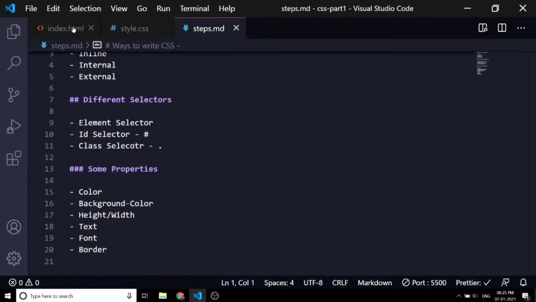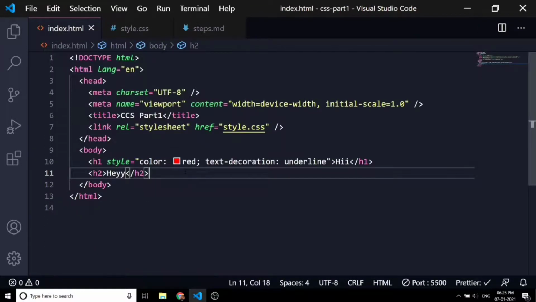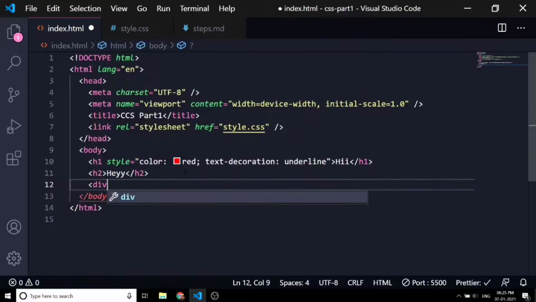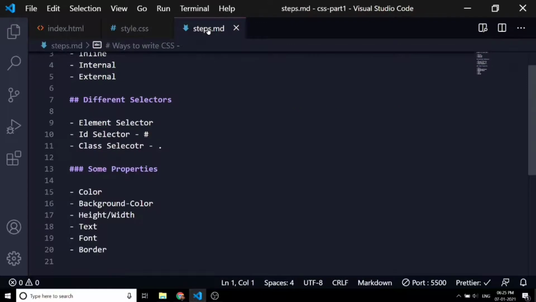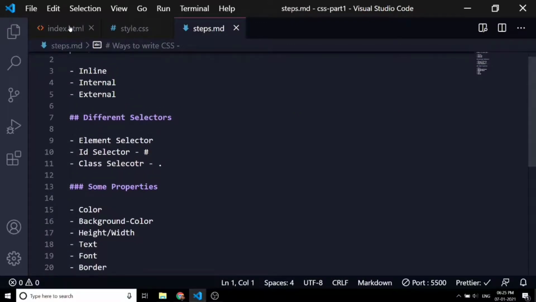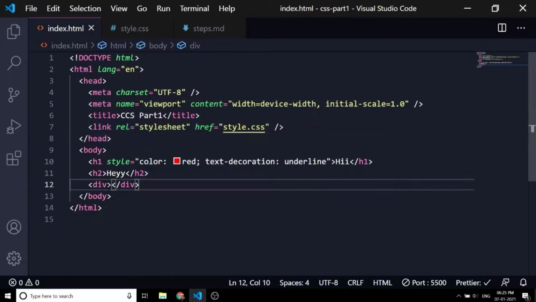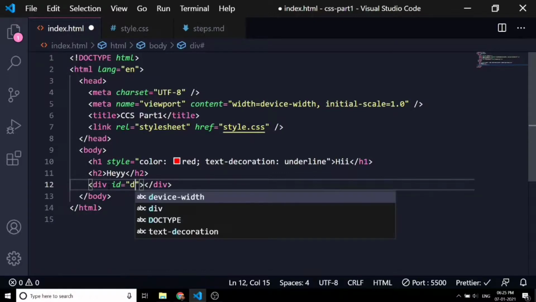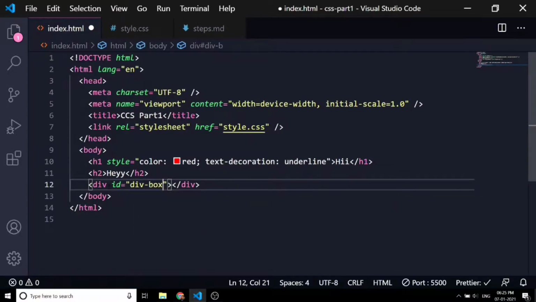For that, let's have a div. And for this, let's use the ID selector this time. For that, we have to give an ID to this div. Let's give it an ID of div box.